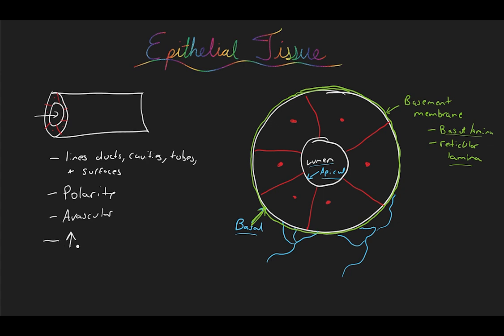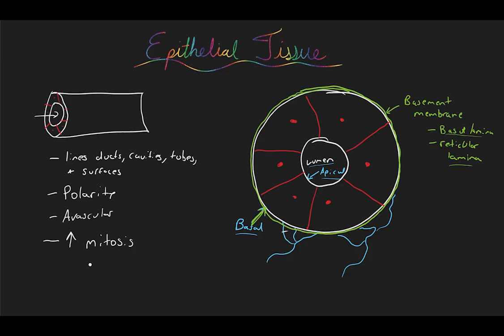Epithelial tissue also has a high rate of mitosis, meaning that these cells divide rather rapidly. They divide rapidly and they divide frequently. One of the reasons that they divide frequently is because they don't have that blood supply, remember? And so they don't get a lot of the nutrients that they need,